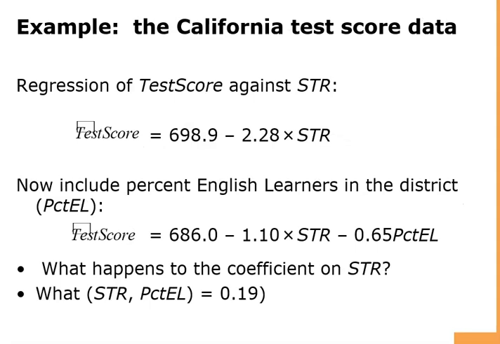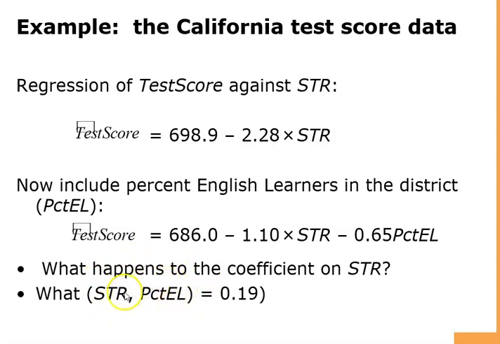So let's suppose we get those coefficients. Remember that in the previous lecture we had only one regressor, the student-teacher ratio, and the coefficient we got was minus 2.28. Now suppose we also include the percentage of English learners in the classroom. What happens to the coefficient of student-teacher ratio when we add this new variable? We see a drastic reduction in the coefficient from when there was only one regressor to now when there are two. And that is simply because the correlation